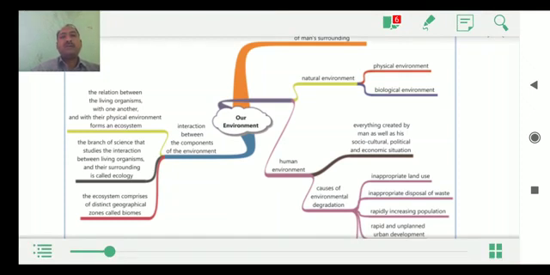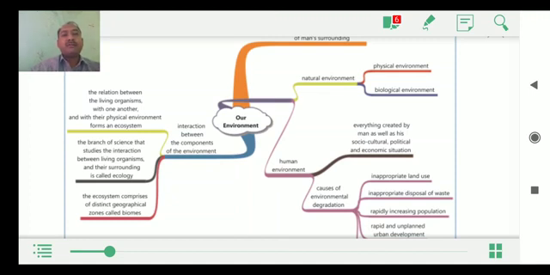Then we discuss another concept here. It is nothing but biomes. Biome means distinct geographical zones. There are various types of geographical zones that we find, such as desert ecosystem, then grassland ecosystems, and some artificial ecosystems you can also find. For example, aquarium, terrarium, all these things are part of an ecosystem, but a part of an artificial ecosystem.